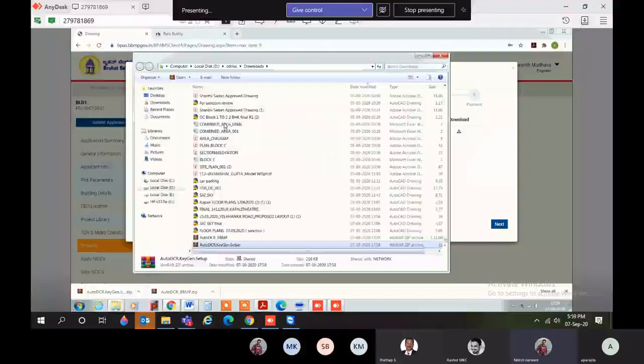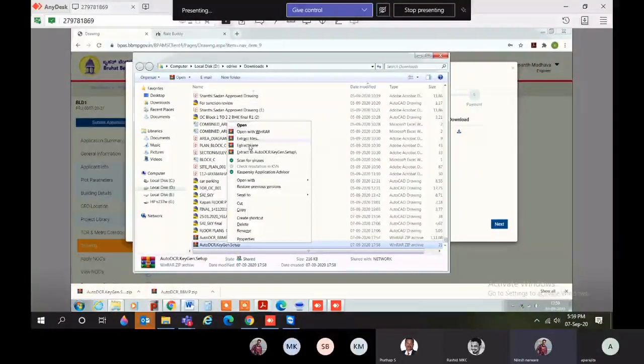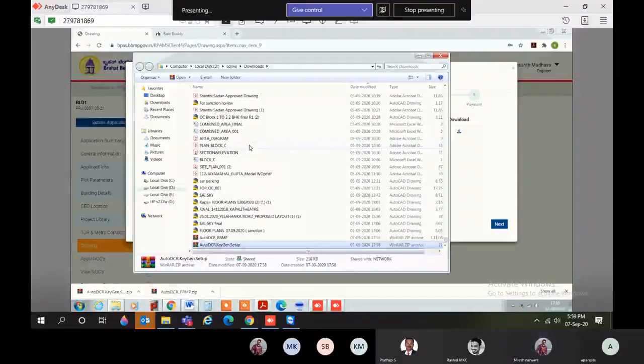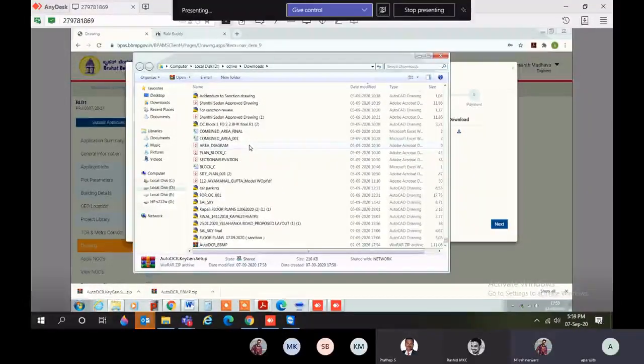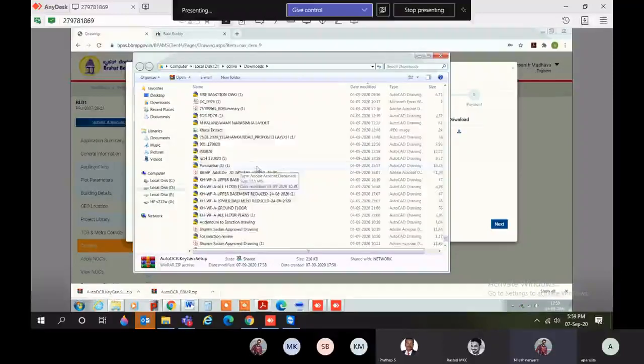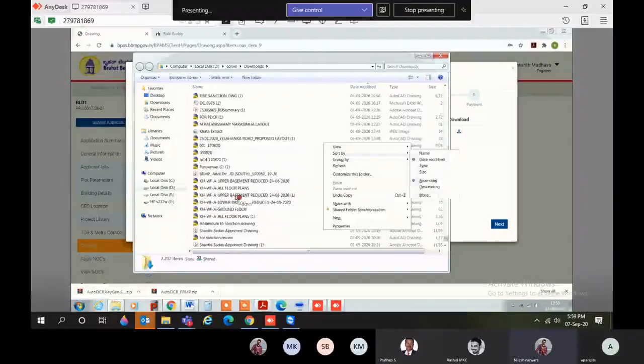This is the Auto DCR key, and previously we generated the Rule Buddy key to run the scrutiny process at the applicant machine. So we require both, mandatory.